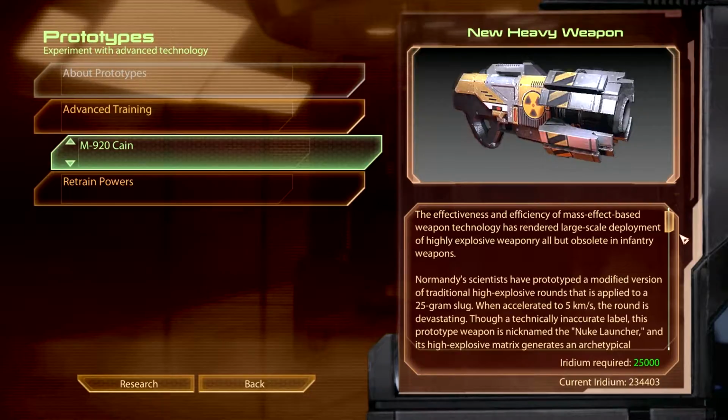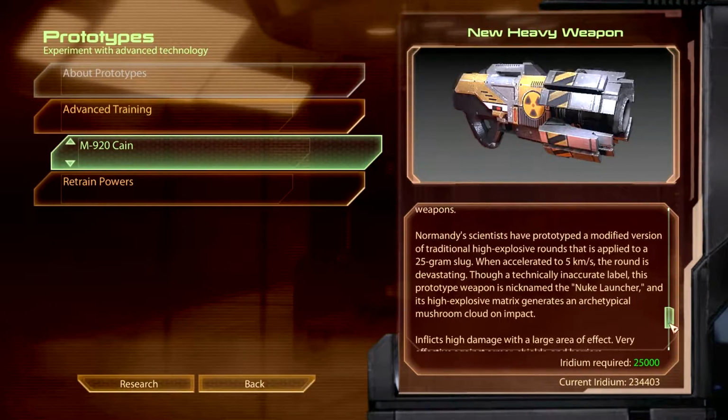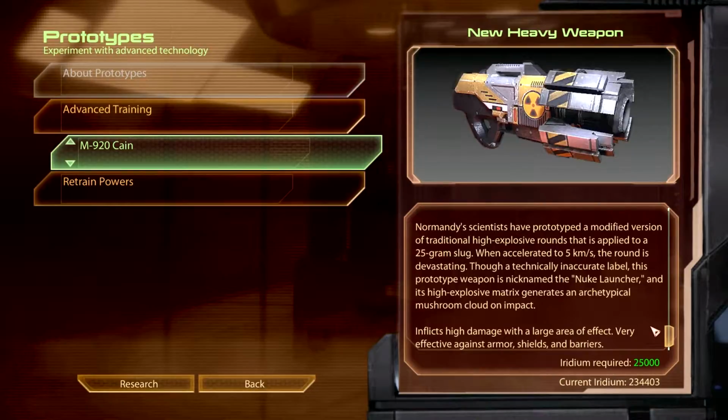The effectiveness and efficiency of Mass Effect-based weapon technology has rendered large-scale deployment of high-explosive weaponry all but obsolete in infantry weapons. Normandy scientists have prototyped a modified version of a traditional high-explosive round that is applied to a 25-gram slug. When accelerated to 5 kilometers per second, the round is devastating. Though a technically inaccurate label, this prototype weapon is nicknamed the Nuke Launcher, and its high-explosive matrix generates an